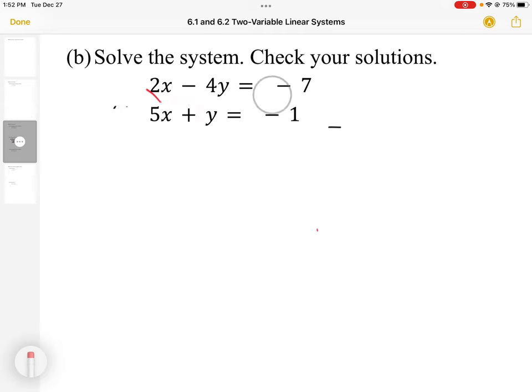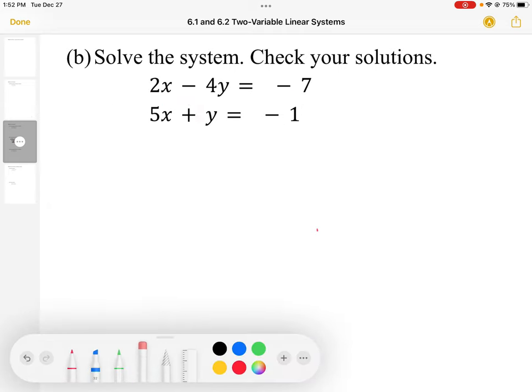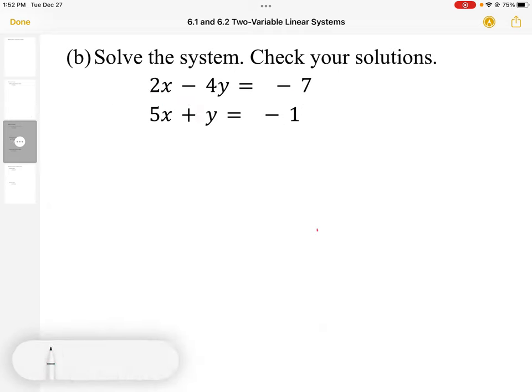So let's back up a bit. Let's try a different method. Well, we're still going to try the elimination method, but we're going to go about it a different way. So what I'm going to do is I'm going to multiply one of the equations by a number. It's called a scalar multiple. By a number that is going to give me a coefficient that is the same but opposite sign as the